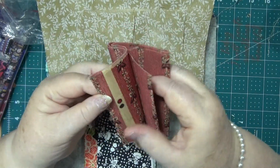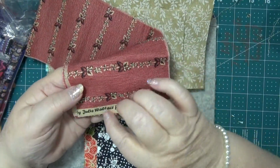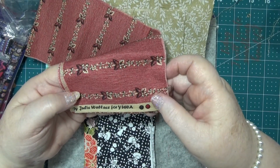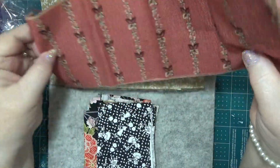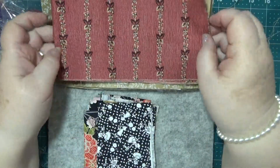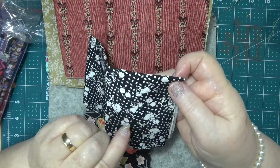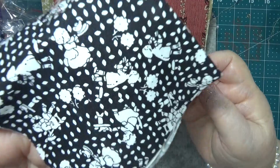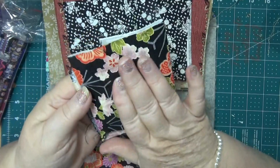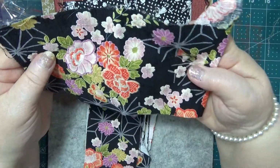This one, even though it is a red colour, I love the way that this is like a dyed colour. Julie Wallace, 4YUWA. That's a nice bit. It's a good strip, that piece. This is interesting. I never really went through this at all before. These have got little people on there. Look at that. There's tiny little people on there. You see the tiny little people? This one here. Oh, I like that one. It's got good texture to that. That would make a nice piece if you did a Japanese